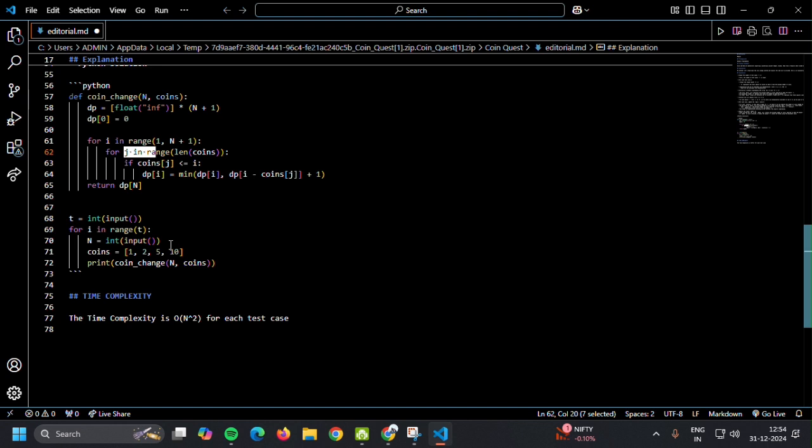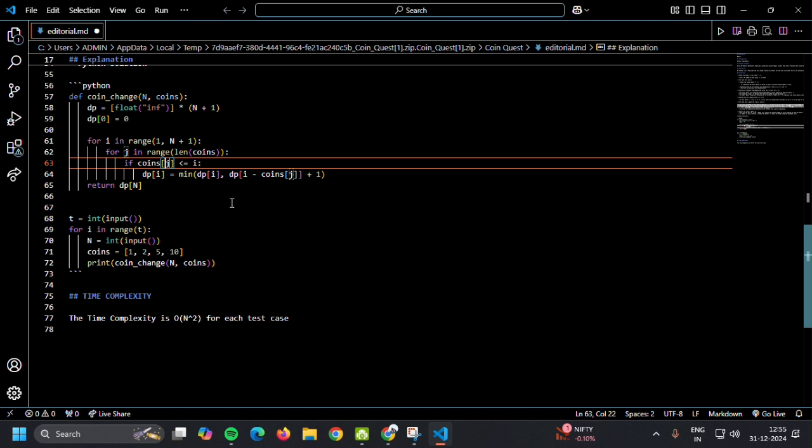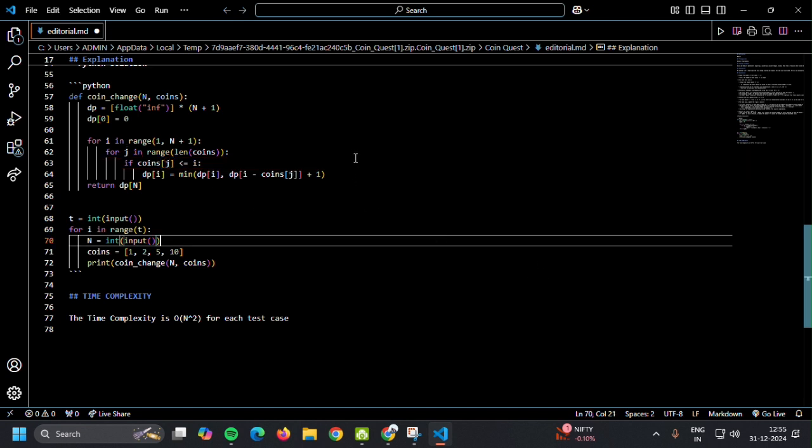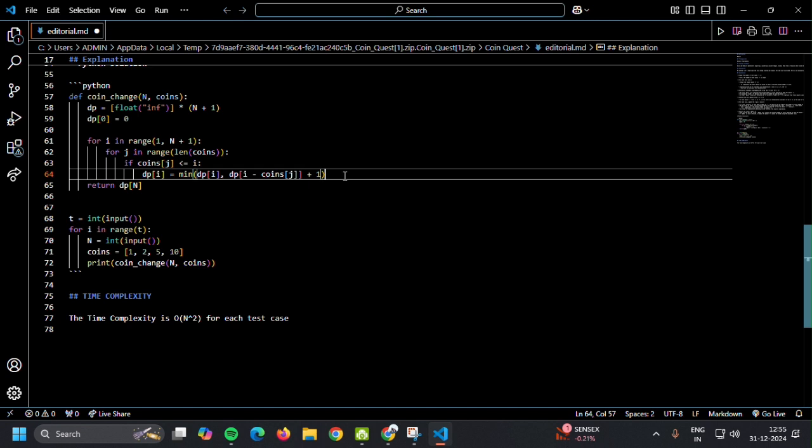For each coin, we use an if condition to check that coin of j should be less than or equal to i. If it is valid, then we move to the next statement, which is the important line for this code and problem,